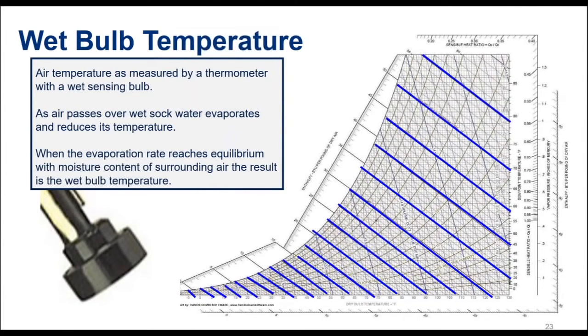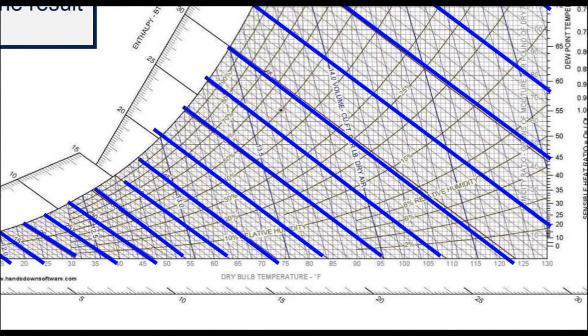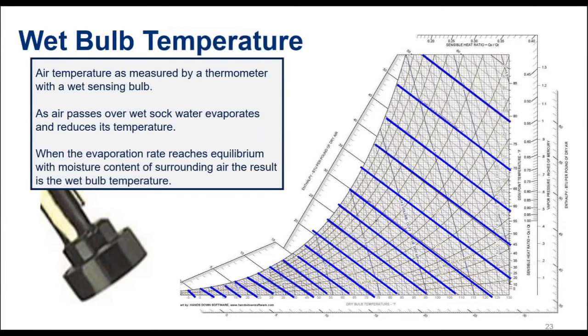Let's try that anyway. So as you zoom in, you can identify and read, hopefully, these lines where the one here says wet bulb temperature. So everything parallel to that are going to be wet bulb temperature lines. They are diagonal lines on the psychrometric chart. Again, any point on that line, that would be a wet bulb temperature anywhere on the line.